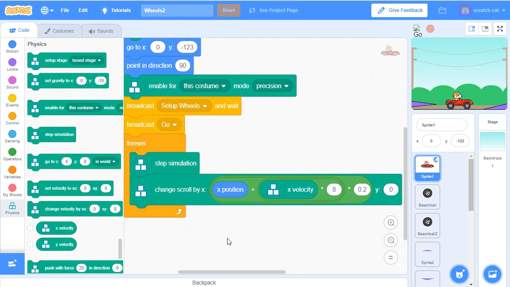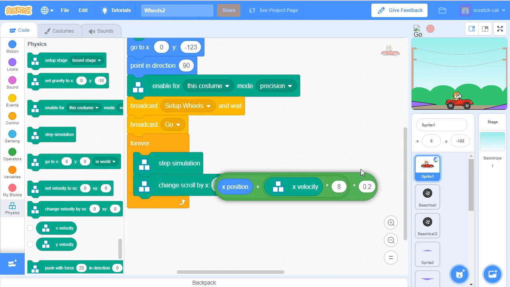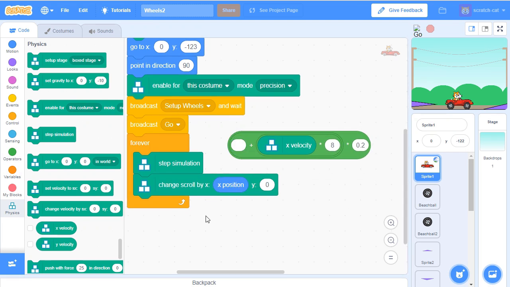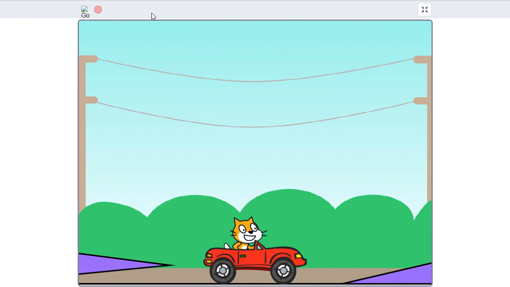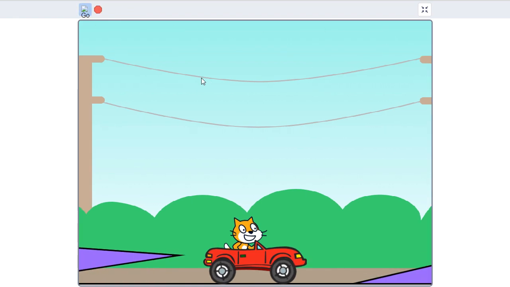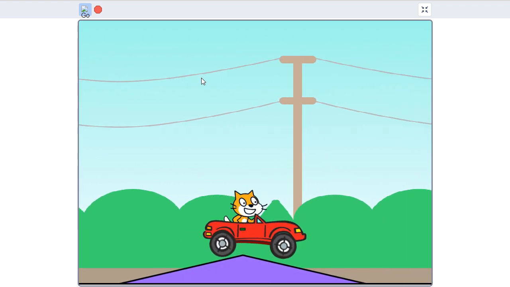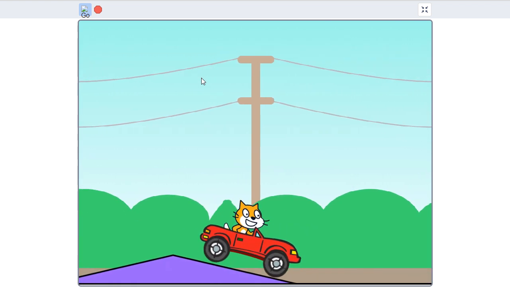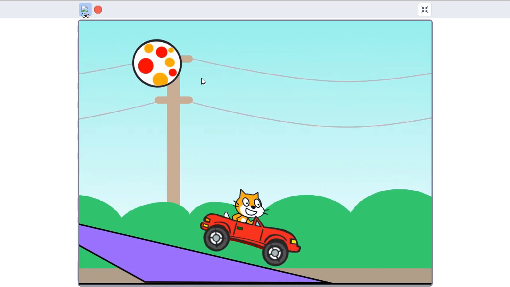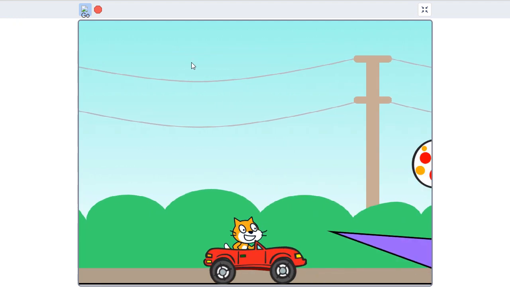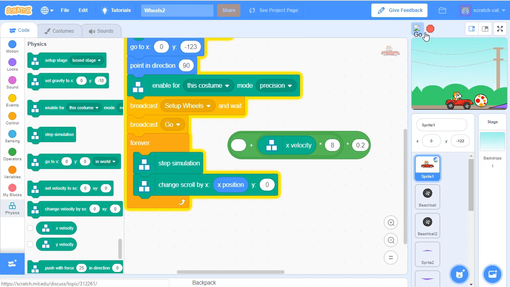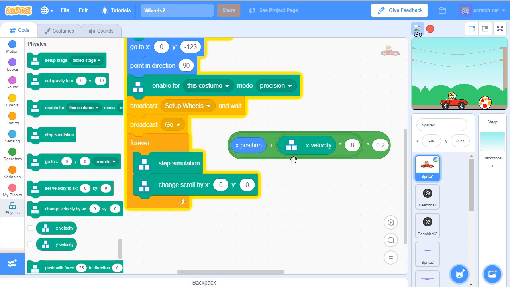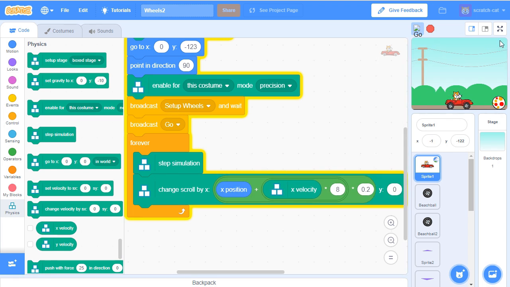The most simple would actually be not to have any of this at all, just to have change scroll by X position of the car. I think that would mean the car will be right bang smack in the middle of the screen all the time. Yeah, which is what's happening here. The car is now completely in the center, whereas what I had was a bit of a clever bit of jiggery pokery here, which allows you, if you look now,